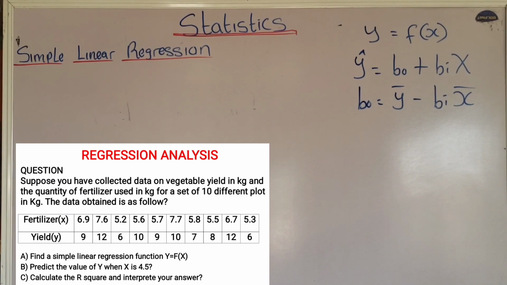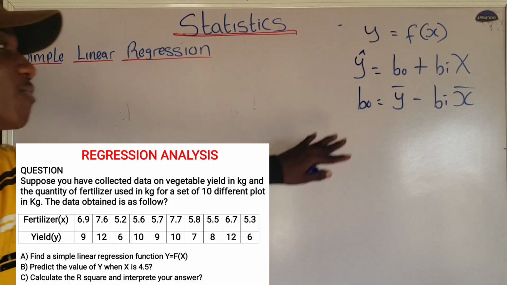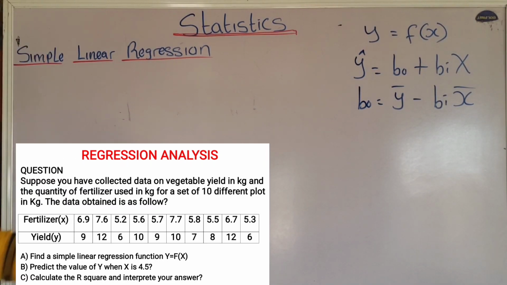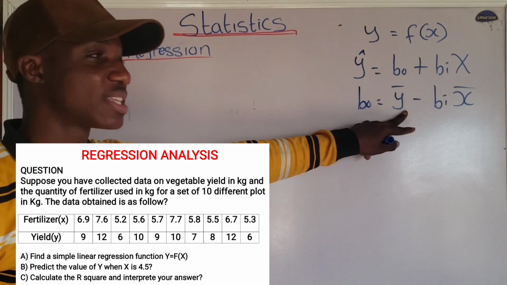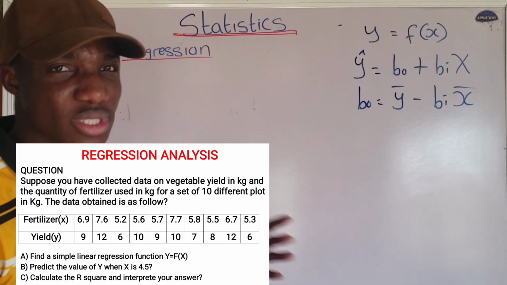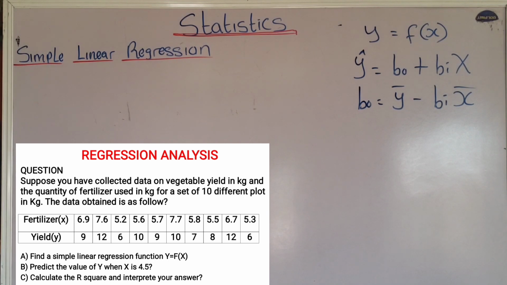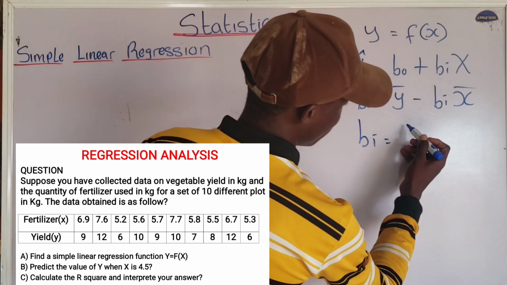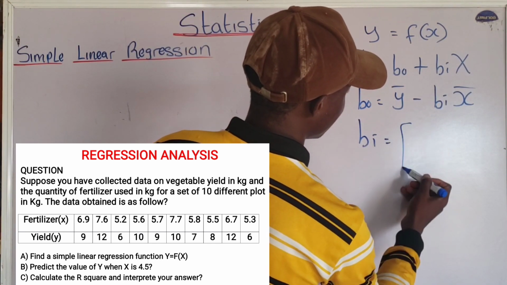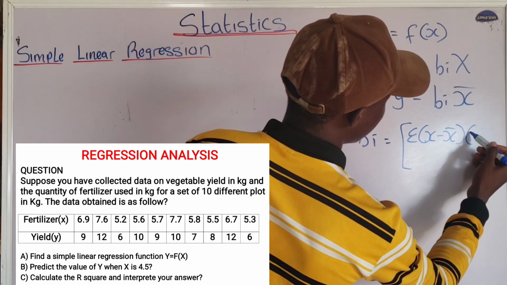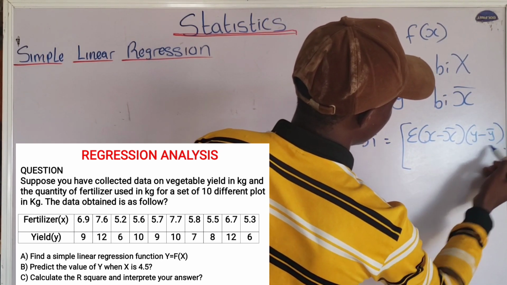Are you paying attention? Now, we cannot even know the value of b naught, which is the intercept, without knowing the gradient, because the intercept is equal to the mean value of y minus the gradient multiplied by the mean value of x. So we still need to know the formula for calculating the gradient. To get the gradient, you just have to make use of this formula. The gradient is equal to, put this in brackets, summation of (x minus x bar) multiplied by (y minus y bar), all over